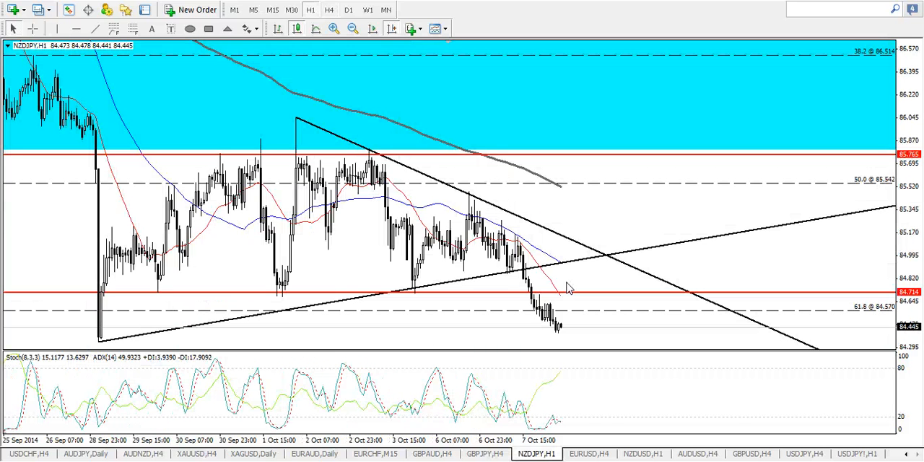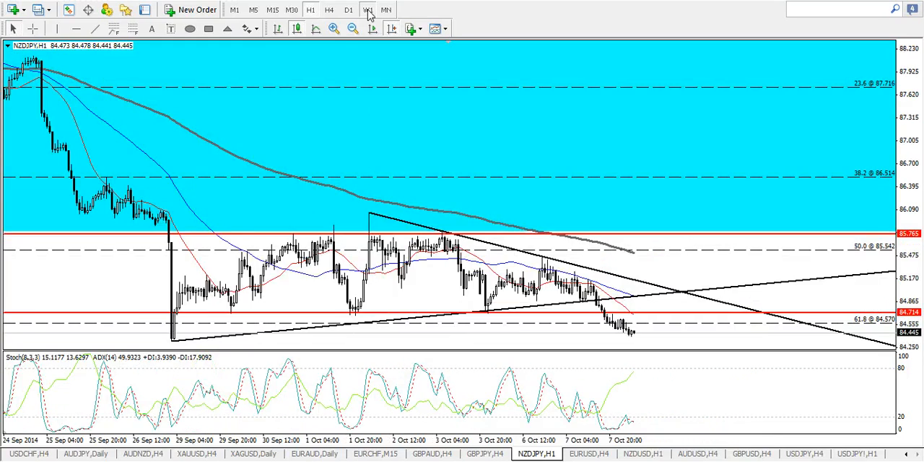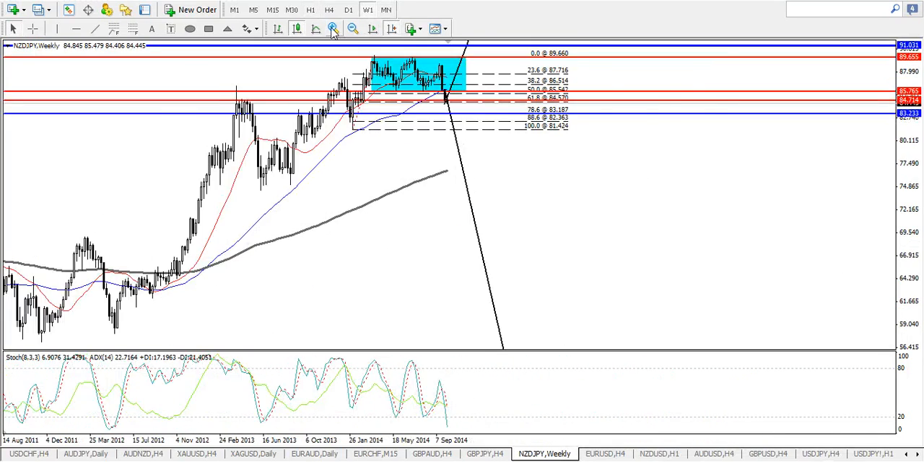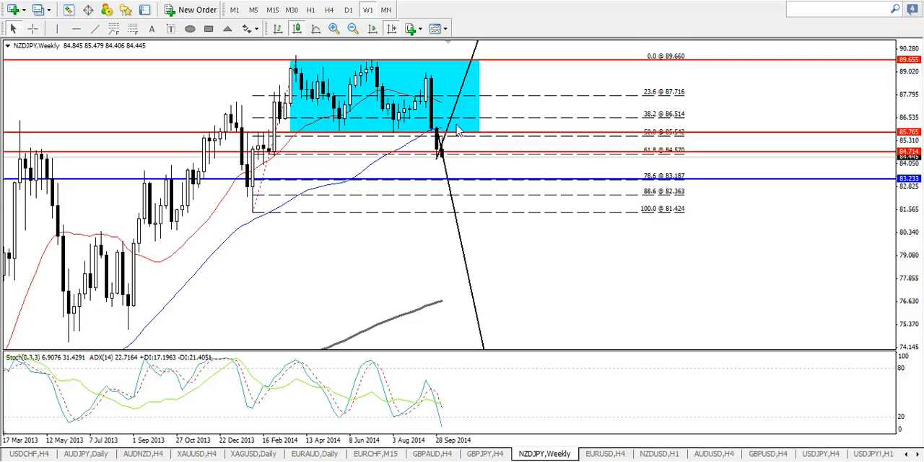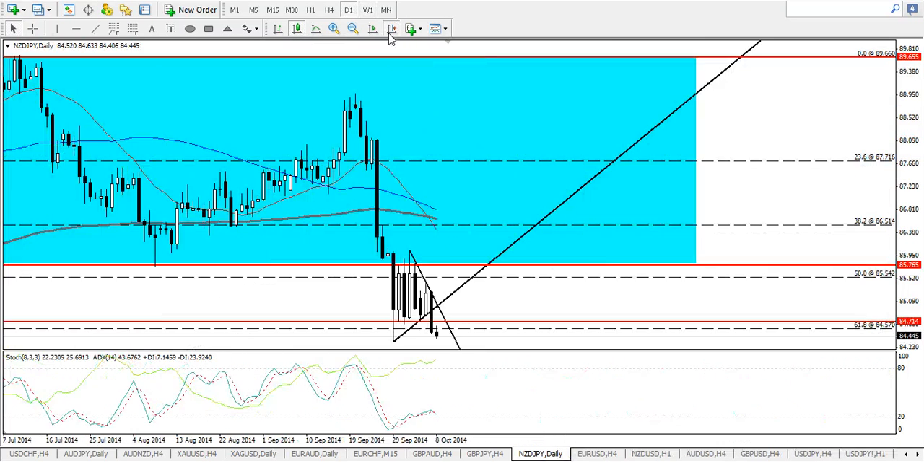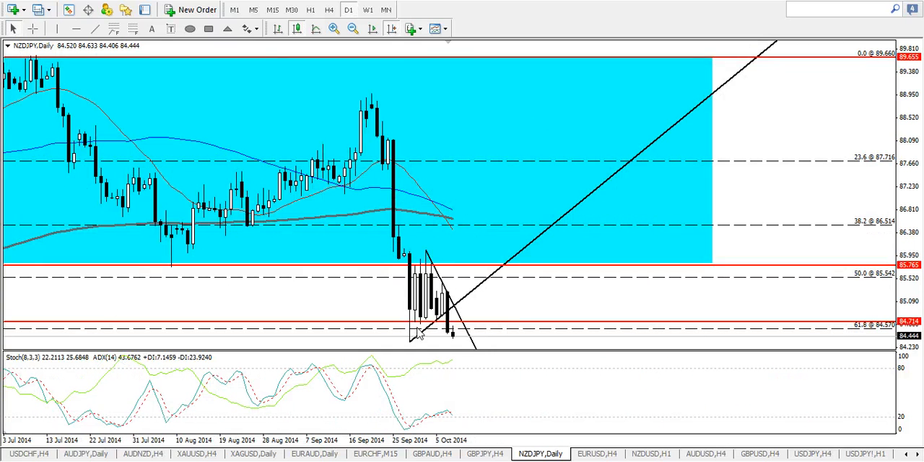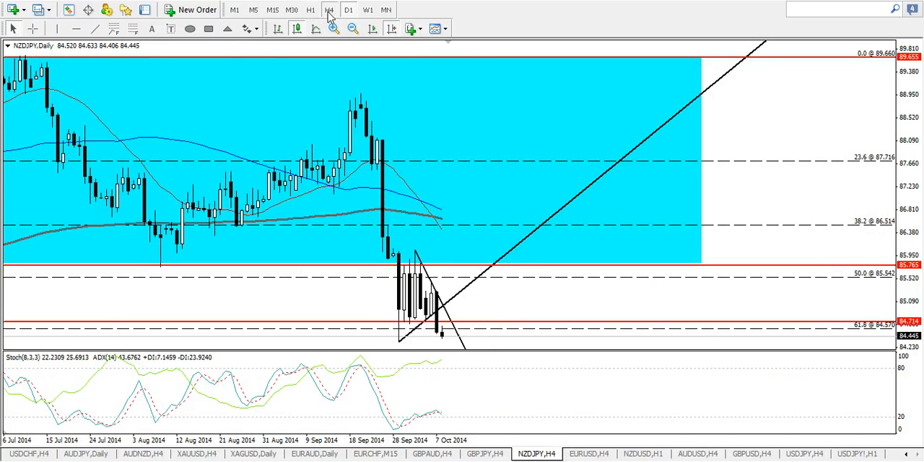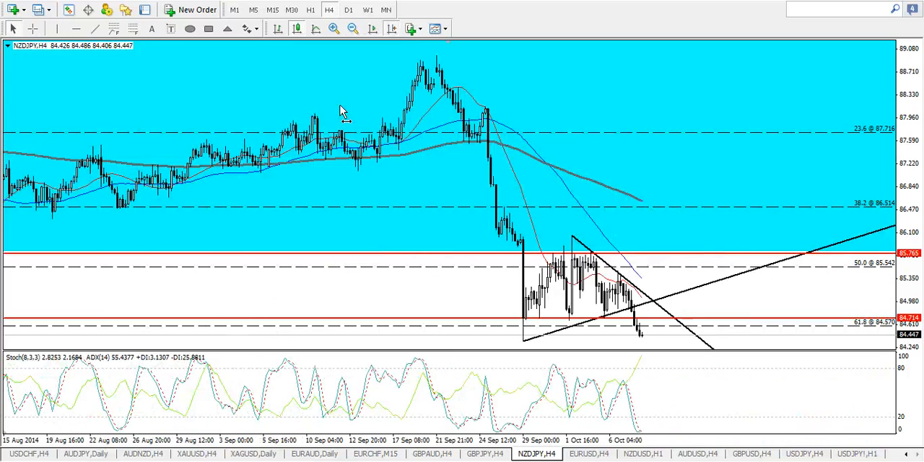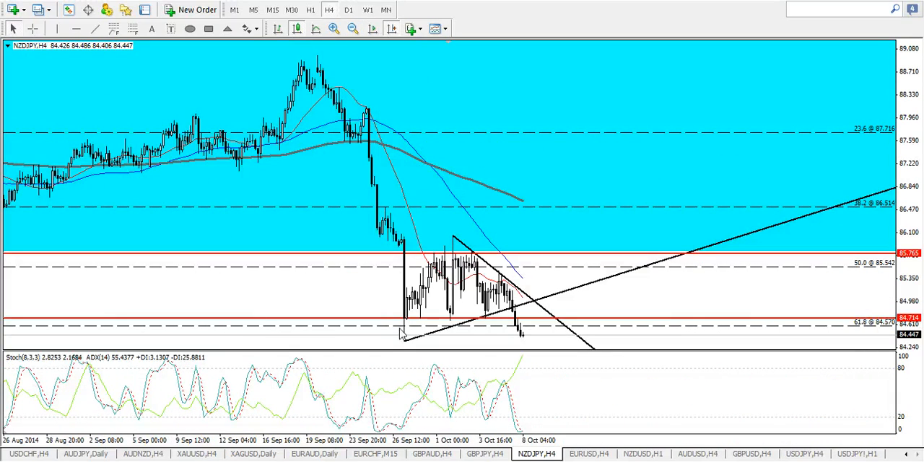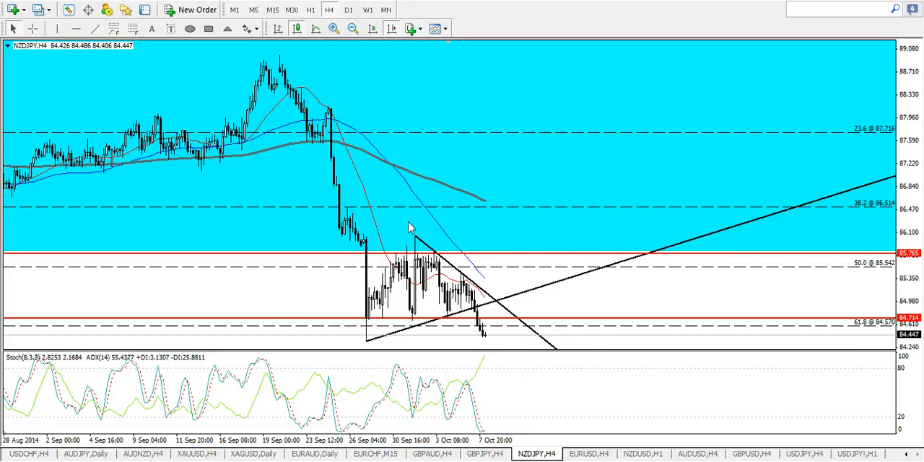Next we have the Kiwi against the yen. A very quick recap is that there was a range box, highlighted in blue over this area. Going to the daily chart, you can see the price has broken below, and going into the H4, the 4-hourly chart, price broke below, came back again, and got resisted at the bottom of the range box. It moved sideways, and finally it broke below an